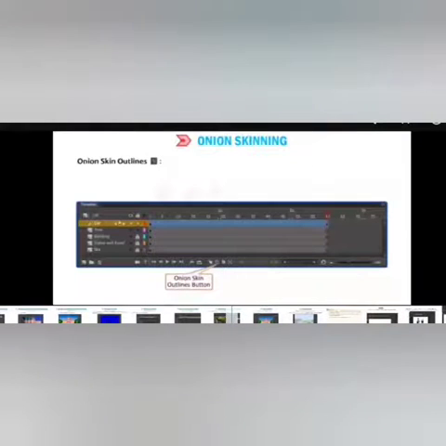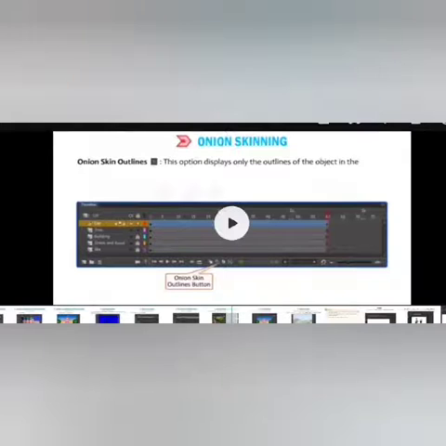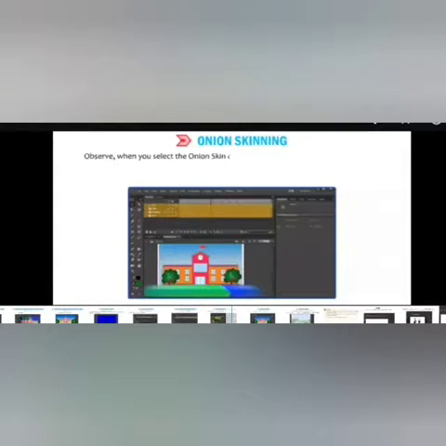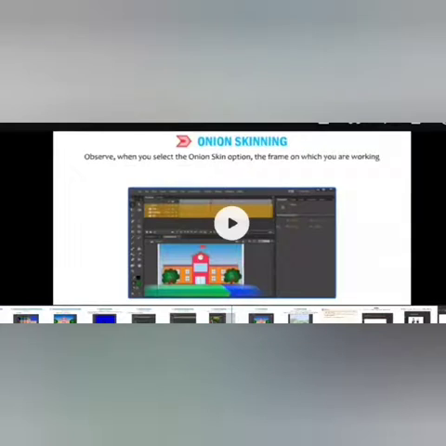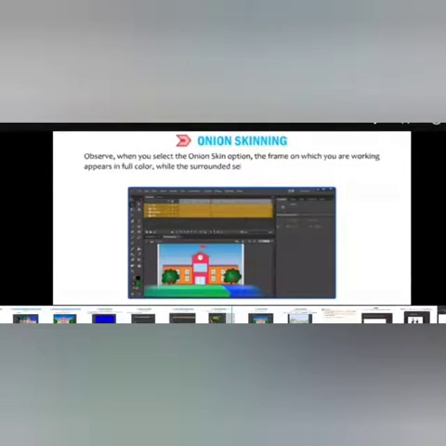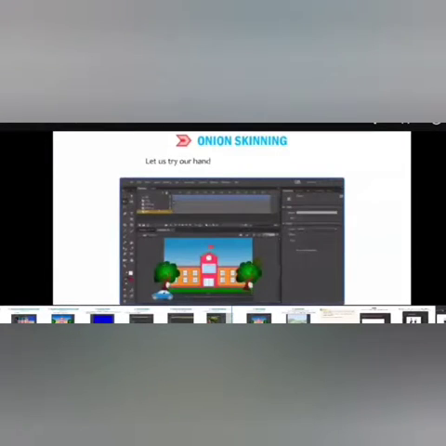Onion skin shows the frame in full color. Onion skin outlines displays only the outline of the object in the frame. Observe that when you select the onion skin option, the frame on which you are working appears in full color, while the surrounding selected frames appear dimmed.